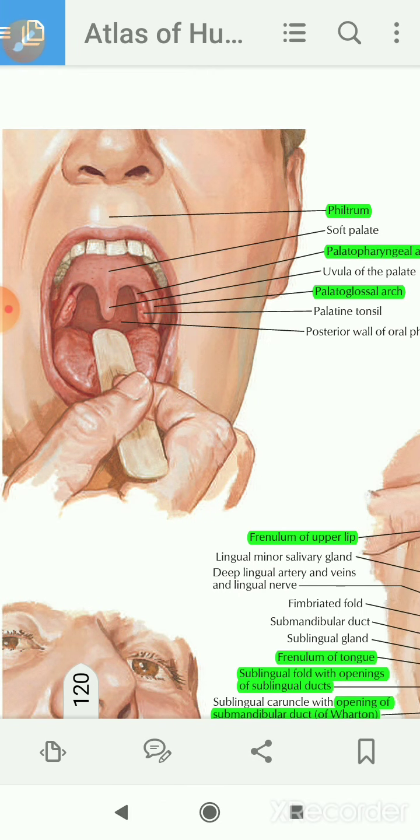Now we will talk about the composition of the palate. The soft palate is composed of